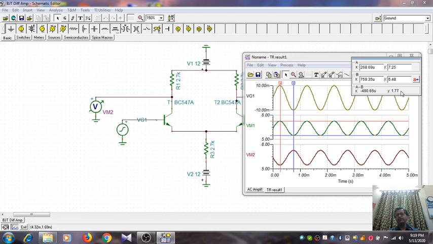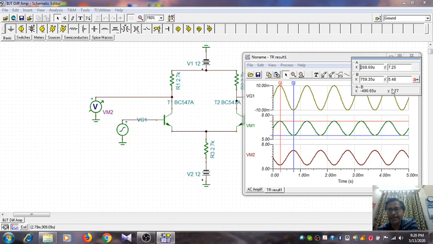1770 millivolt. So the output peak to peak excursion of the signal is 1770 millivolt, whereas for the input it is 20 millivolt. So what is the gain? That means AD, the differential mode voltage gain AD, we can write as the ratio of 1770 divided by 20. So that turns out to be 88.5.